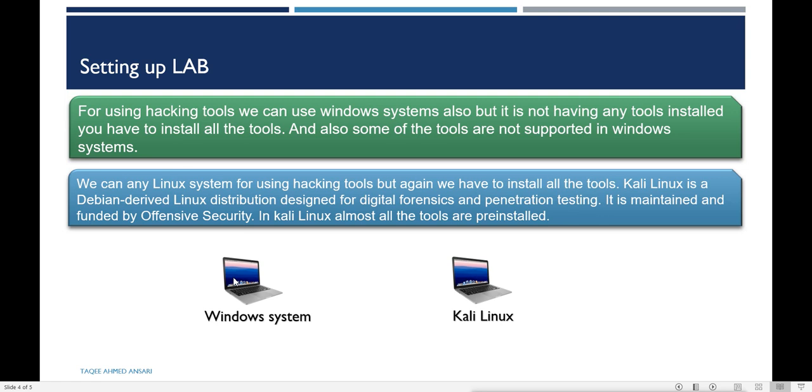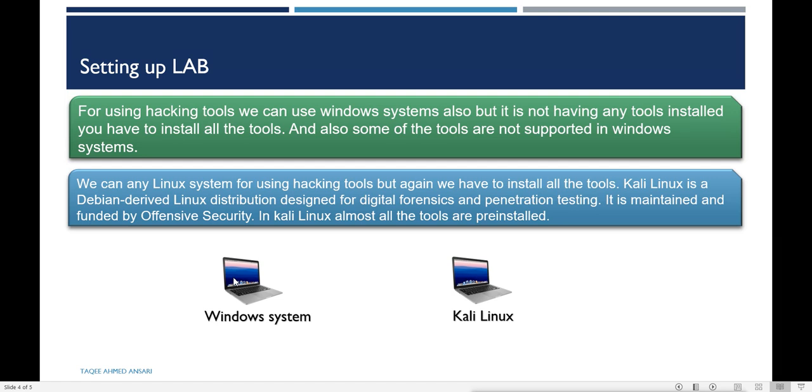Most of the tools are pre-installed, and whatever is not installed we can easily get on Kali Linux. So we can use Kali Linux for running those applications and hacking tools.